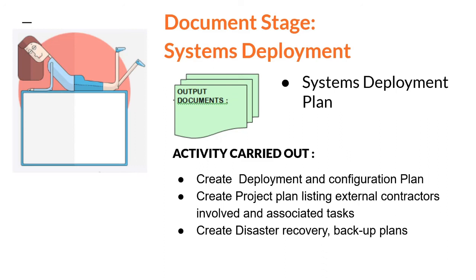Next stage, system operations. The output document for this stage is a system operations plan. Activities carried out are: create a daily plan for maintenance activities. So once the system is delivered to the customers and starts its operational phase, the system has to be supported and maintained by the development team. So they have a daily plan for maintenance activities, which covers backups and disaster recovery and configuration and monitoring the system to make sure the system is